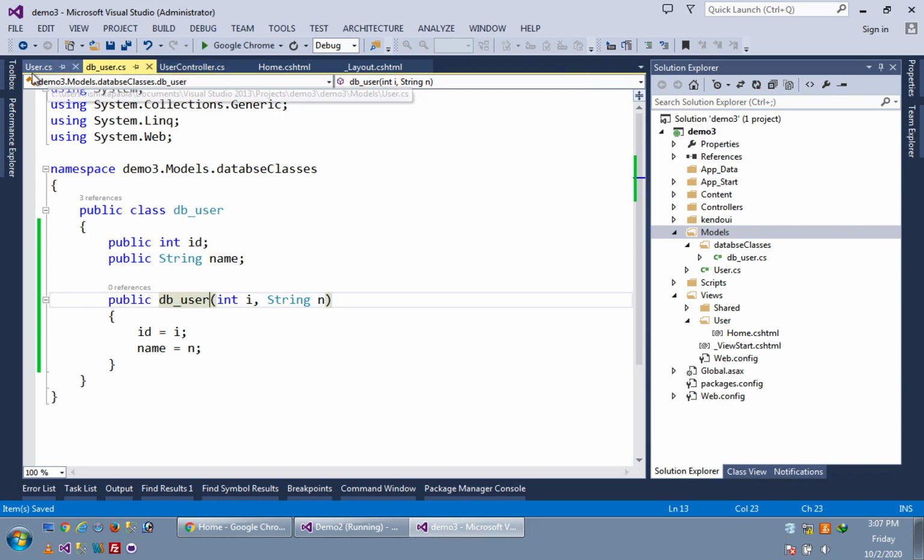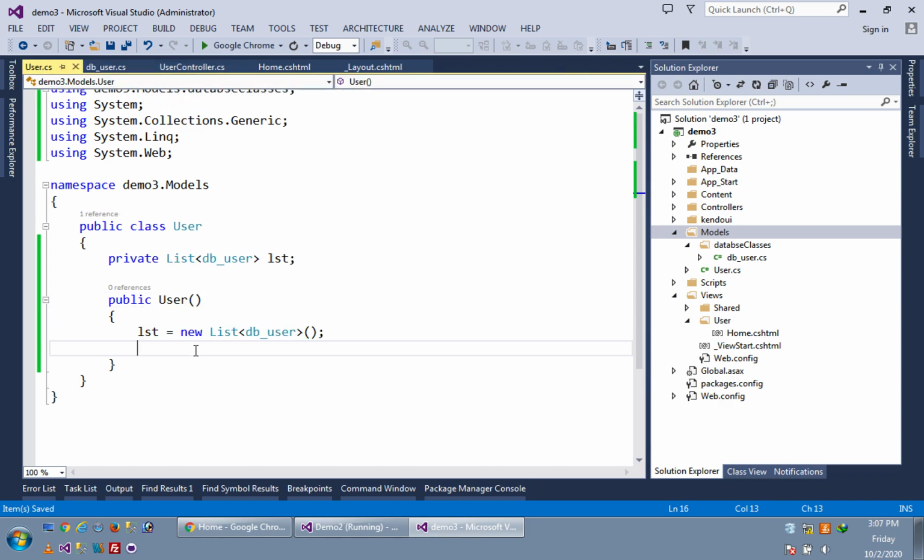Now I am using this like lst.Add. What do we have to add? A new object of DB_user. New DB_user, and here what do I have to pass? Int i and string n, meaning 1 comma ami, like this, semicolon.